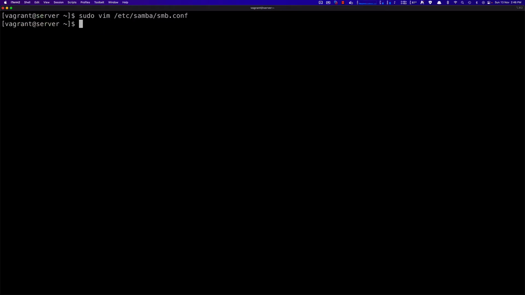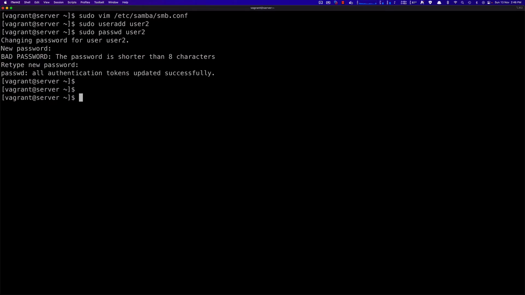I'm done with it. Now once you are done with it, we need to create a user to access that Samba server. I can do that by using sudo useradd user2. I need to set the password for that user, so sudo passwd user2. Maybe I can set a small password, test, for that user to check, and then we need to use that user for